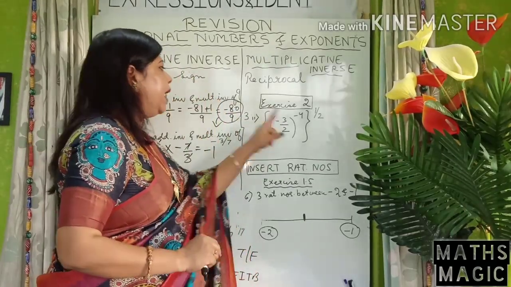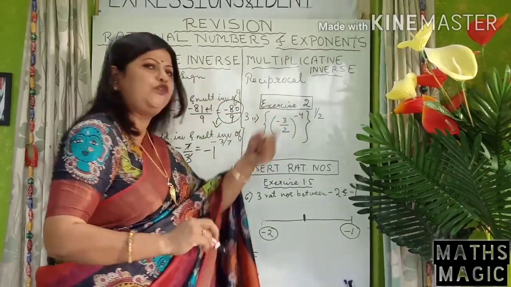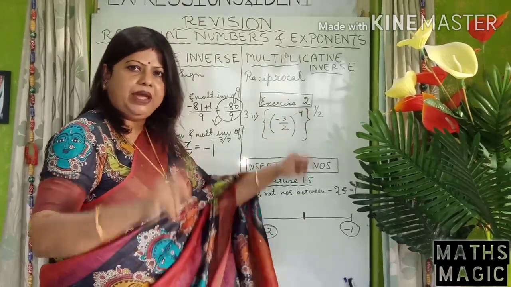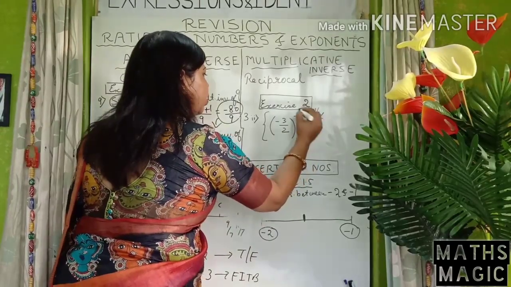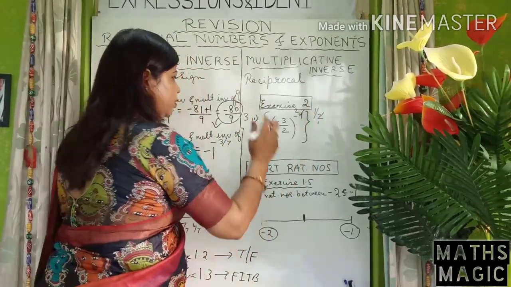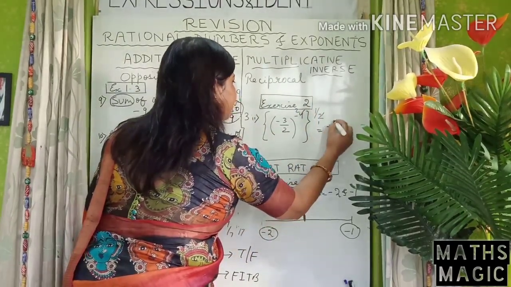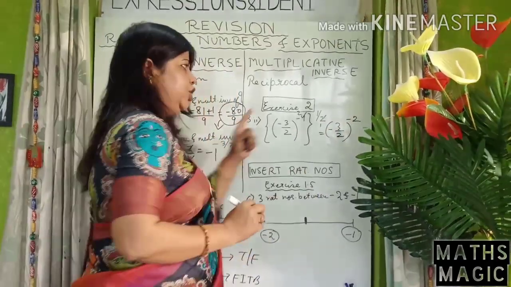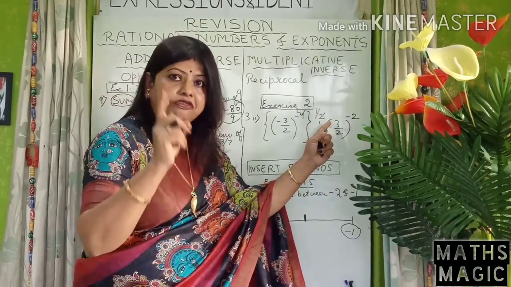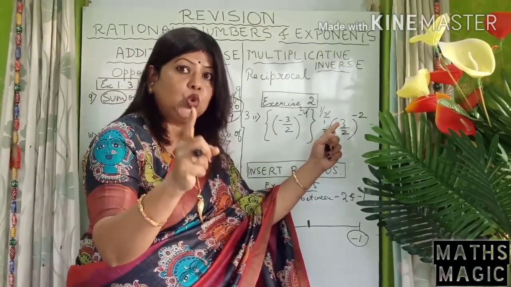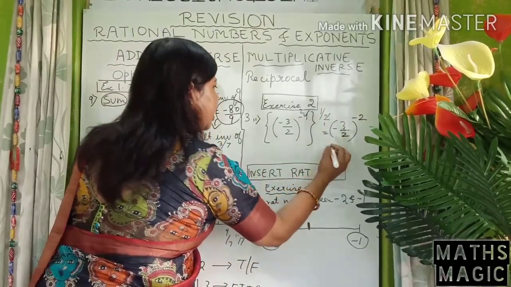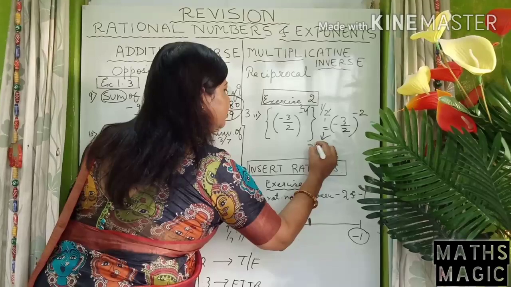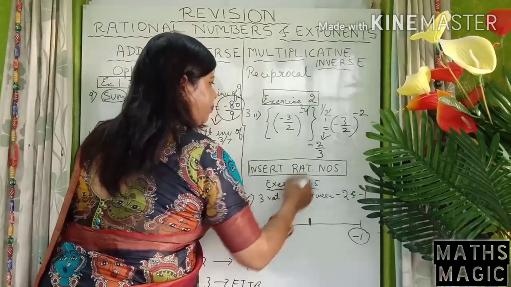See children, minus 3 by 2 and here you have minus 4, 1 by 2. Okay, so these are laws of indices, you know powers will be multiplied. So 2 1s are 2, it will cancel off, 2 2s are 4. See carefully. So this becomes minus 3 by 2 to the power what? To the power minus 2. So I have told you students, first you have to turn minus 2 to plus 2. So the first step is change it to positive. So this becomes minus 2 by 3 whole square.